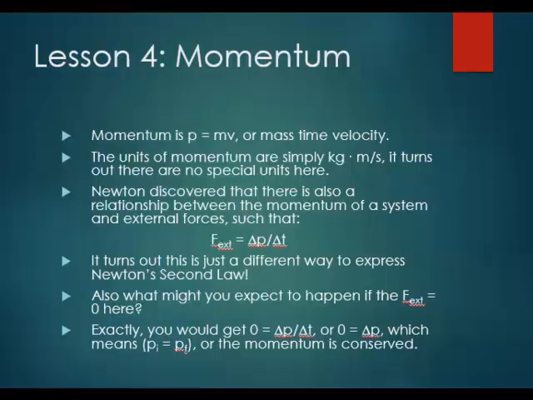Now, what would you expect to happen if all the external forces were zero? Well, if you set delta P over delta t equals 0, you can multiply both sides by delta t and you get 0 equals delta P, which means that the initial momentum equals the final, or the momentum is conserved. It's that fact right there that so many people use momentum. It is a vector quantity because the product of a scalar and a vector is a vector. So it's another physical property that's conserved in the system. Velocities are not conserved, but momentum is, which is another reason people like to use this. So it gives us yet another tool to solve complicated problems and situations in physics.